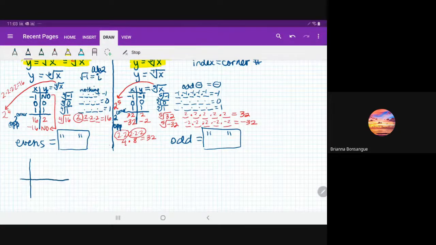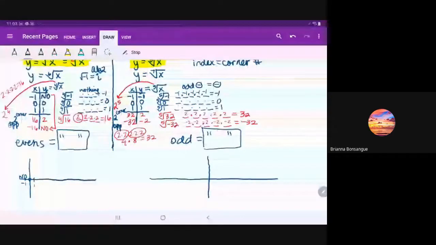Okay, so here we go. So there's an even one. And then the odd one is really wide, usually. This one, we're not going to actually be able to graph all the values, but we want to still know where they are. Okay, so -1 is a no. So for -1, just put no. And that'll remind you not to graph in that section of the graph. If you don't put no, people continue the graph over to that section. Okay, 0, 0, 1, 1,